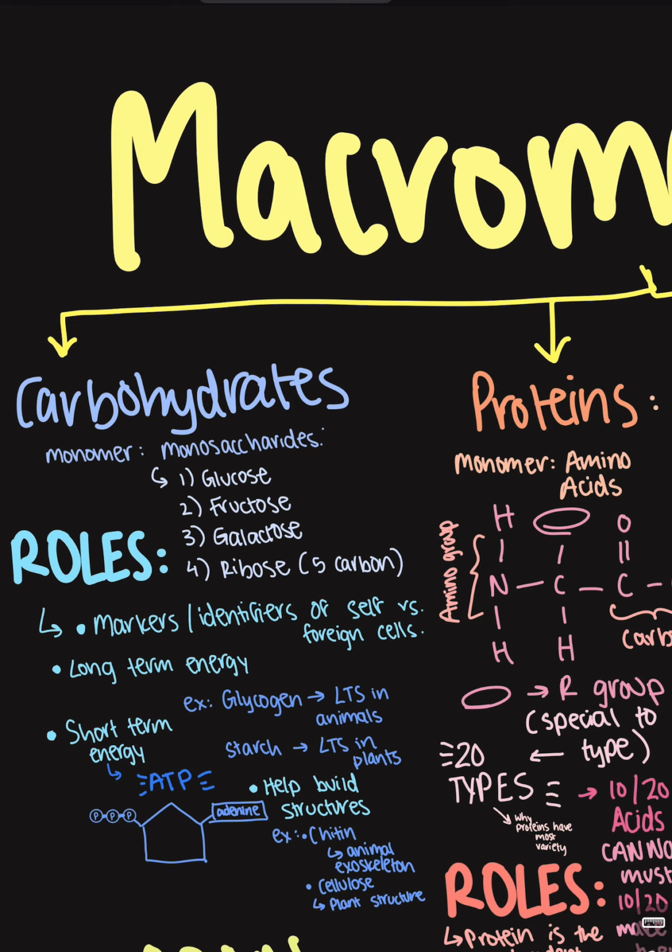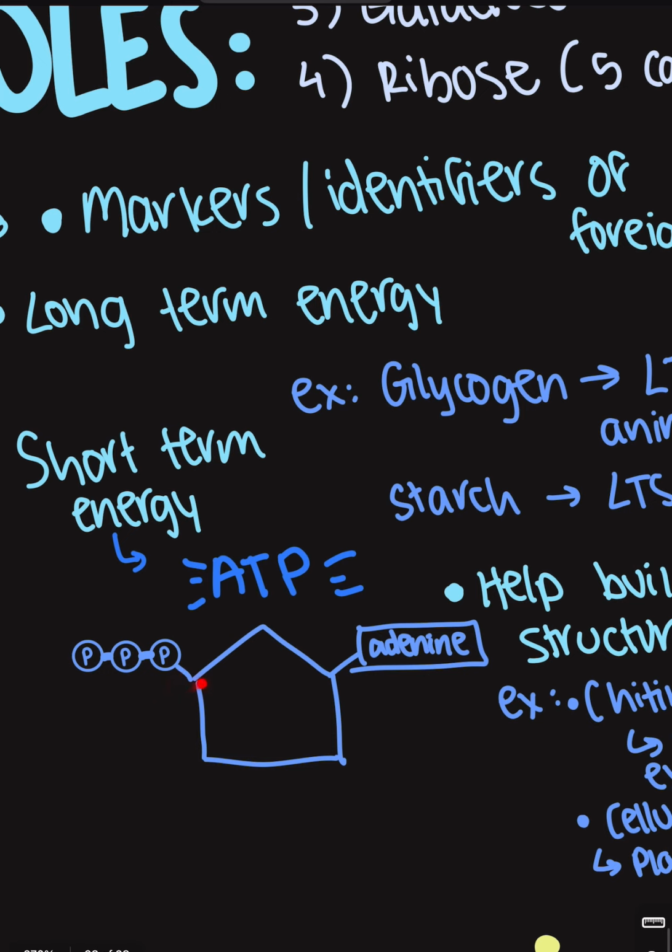Carbohydrates can also be in the form of short-term energy, and this is in ATP. ATP stands for adenosine triphosphate. And adenosine triphosphate, as seen in the structure, has a 5 carbon sugar in the middle. This is 5 carbons. And then we have an adenine group, and then we have 3 phosphates. And ATP is short-term energy because it holds its energy in these individual bonds,